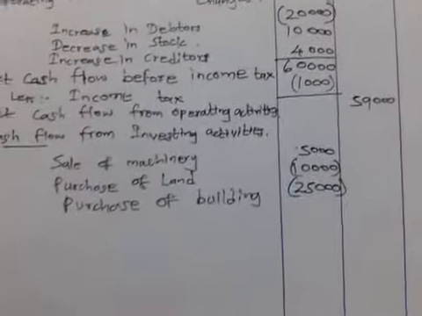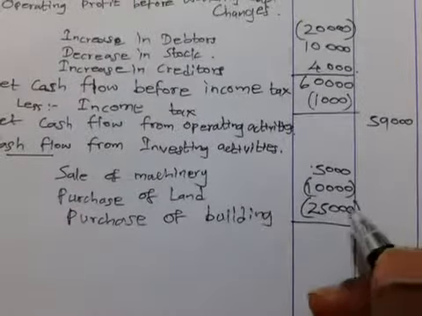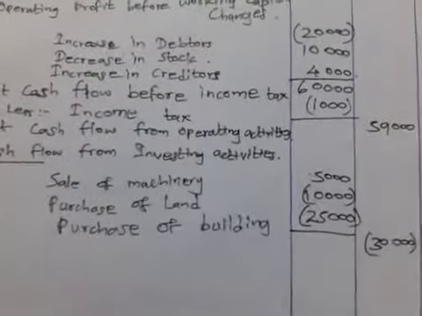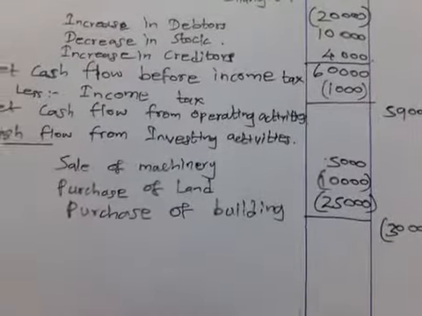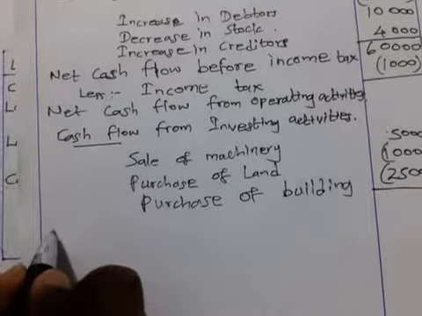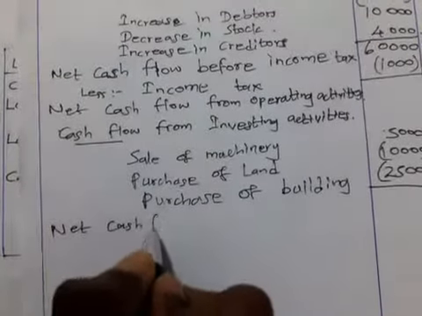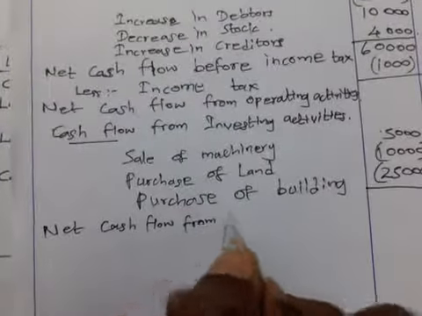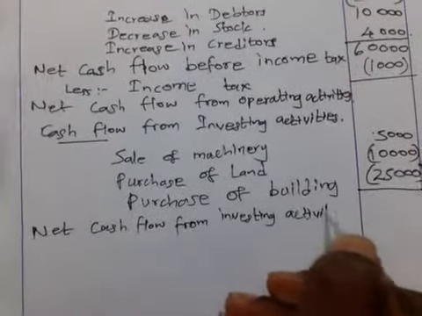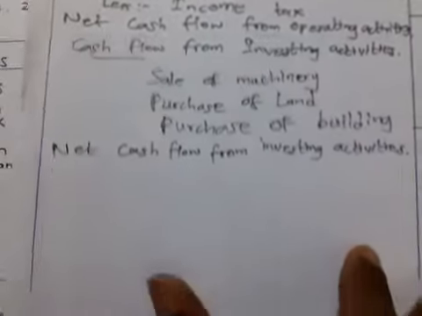Let's calculate the amount. 5,000 minus 10,000 minus 25,000 gives 30,000 minus. This is the net cash flow from investing activities, $30,000. So the next and last one is